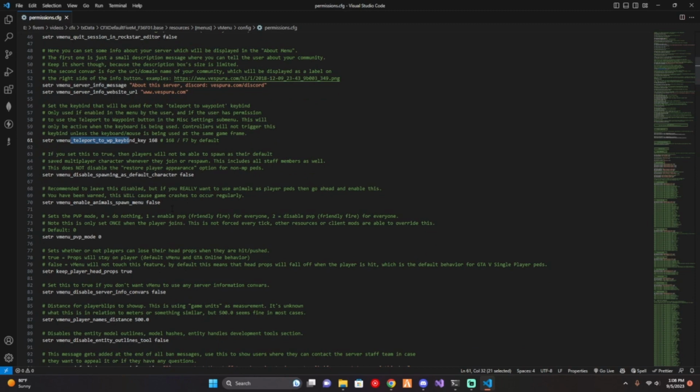vMenu disable spawning as default character. Pretty much, I like to have this as true. I'll keep it as false for this tutorial, but typically I like it true. So basically, every time a person joins or you join your server, it will spawn you as your default character,